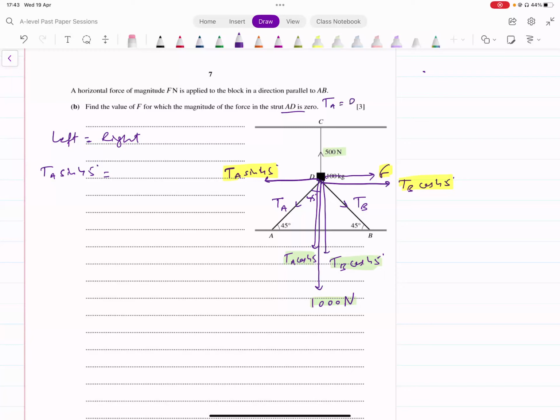TA तो हमने 0 इनपुट करना है तो उसको 0 कर देंगे. On the right side we have F plus TB cos 45. Now this thing becomes 0 because उसने कहा होगा TA की वैल्यू 0 आपने लेनी है. This becomes 0 equals F plus TB into square root of 2 divided by 2. ठीक है, and then we have the vertical set of forces, एक तो आपके पास ये आ गई इक्वेशन, इससे